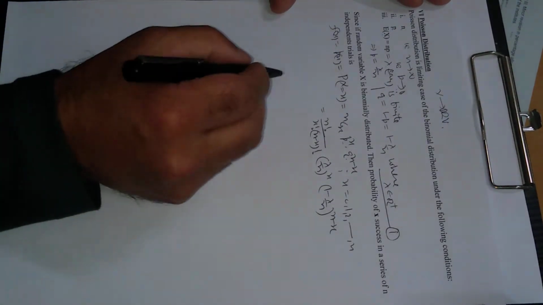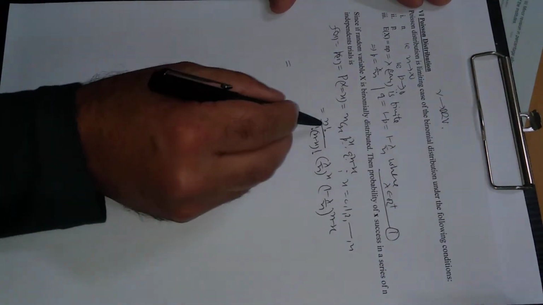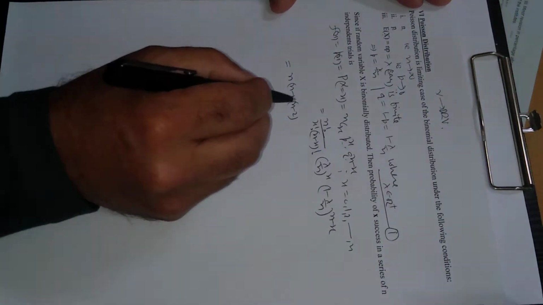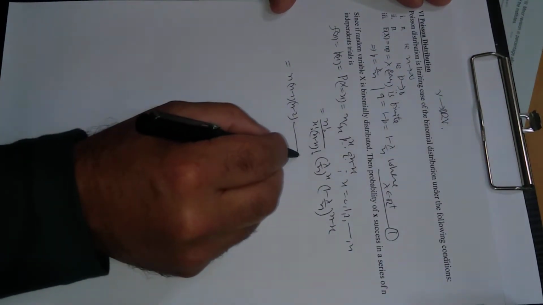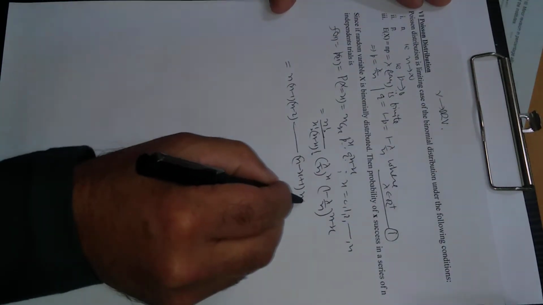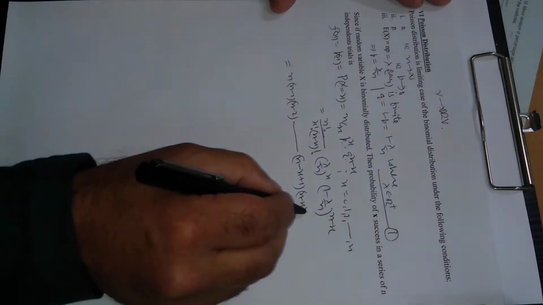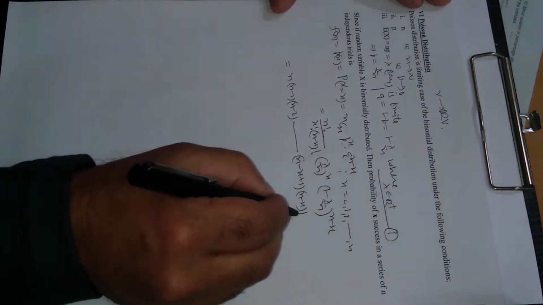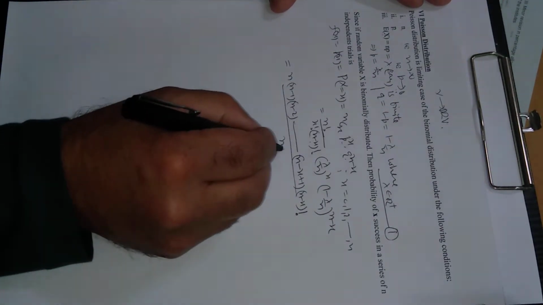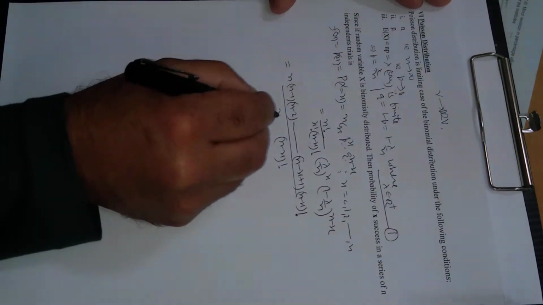Now simplifying it more, open this n, next term will be n minus 1, next will be n minus 2, and so on, continue in this way. Then there will be terms like n minus x plus 1, n minus x, and this will continue. Let us suppose I am opening this up to here, because there is n minus x in the denominator, x factorial.